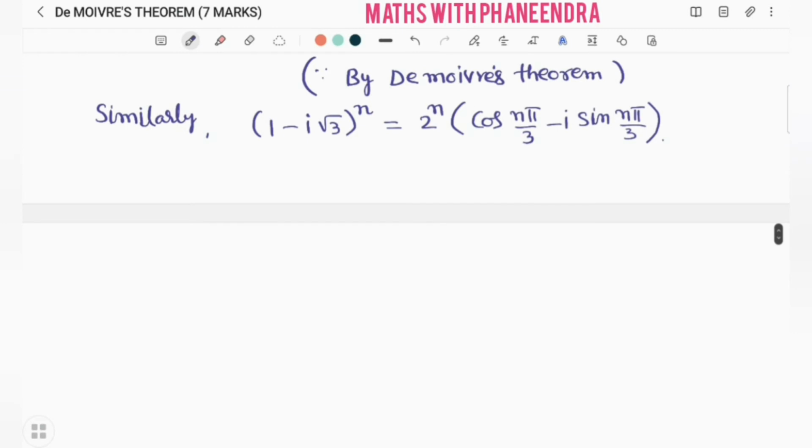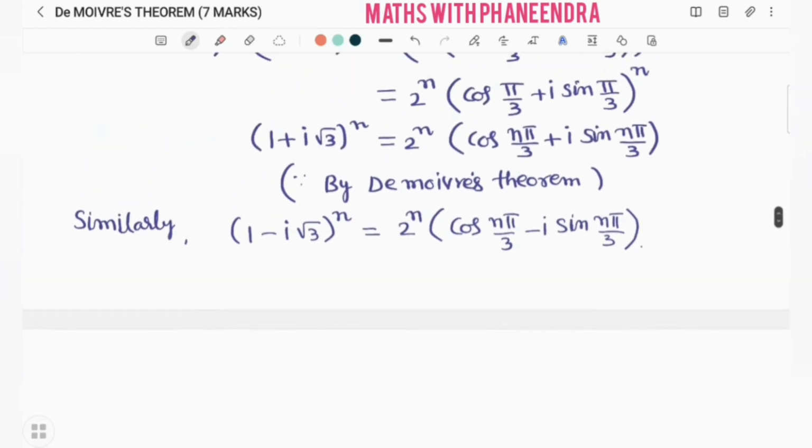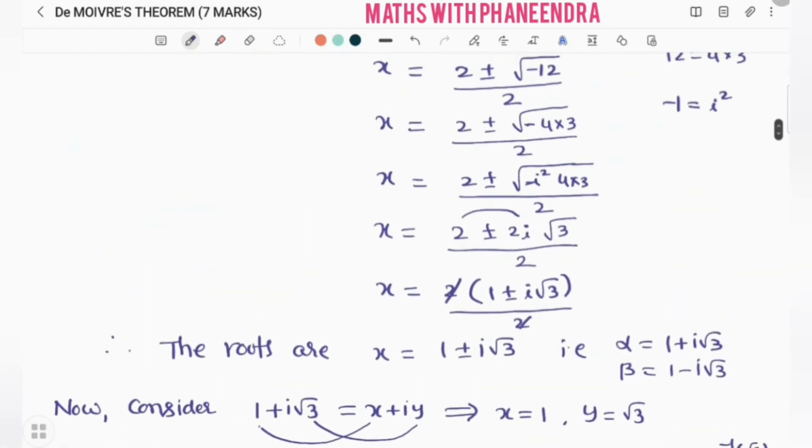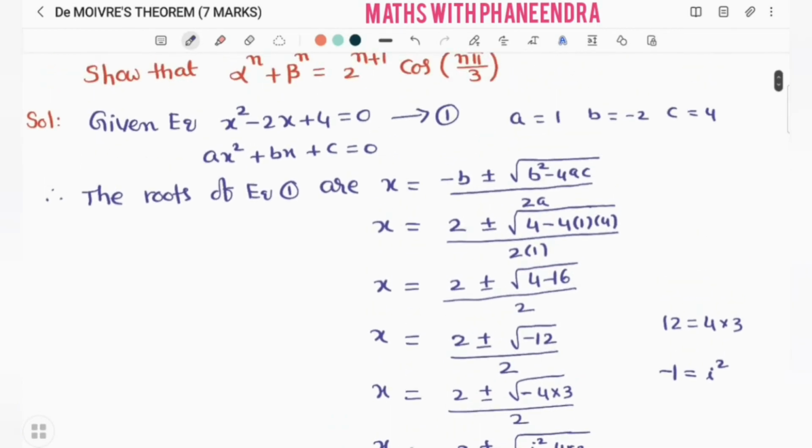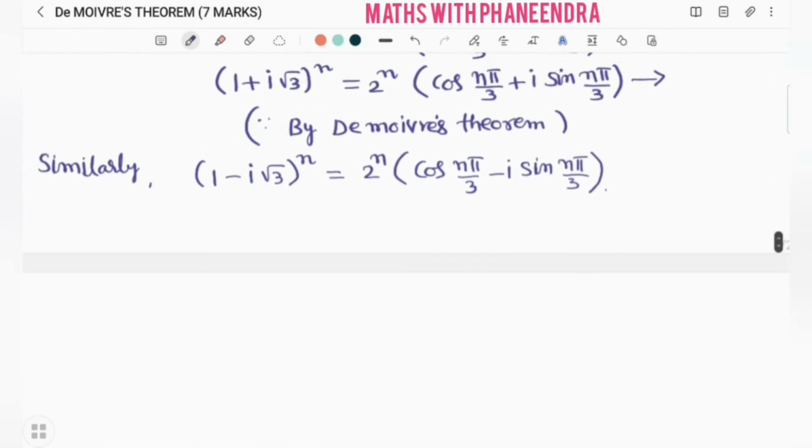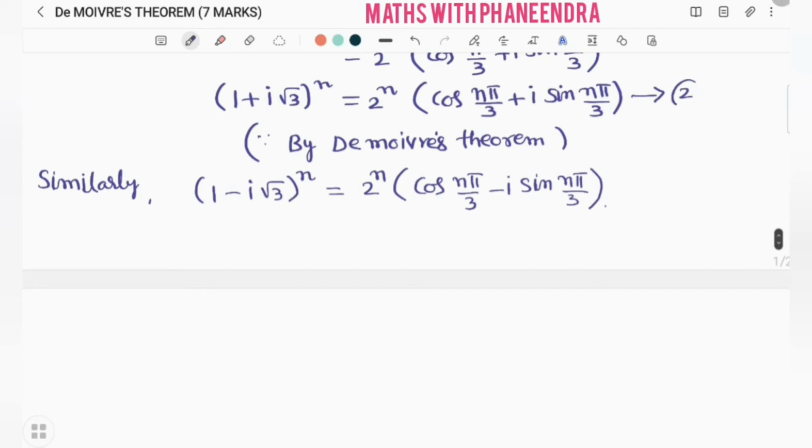After that, you keep that, this is equation number 1. I think we have taken one equation here, the quadratic equation 1. So the remaining is here equation 2, and this is equation number 3. After that, we are adding equation 1 and equation 2. Adding 1 and 2, we get